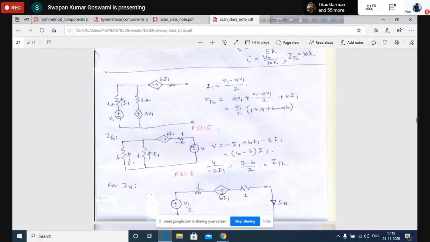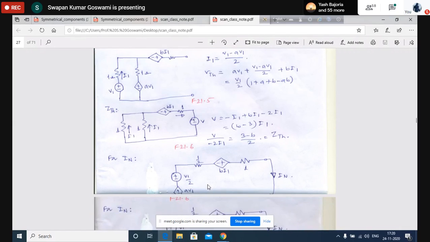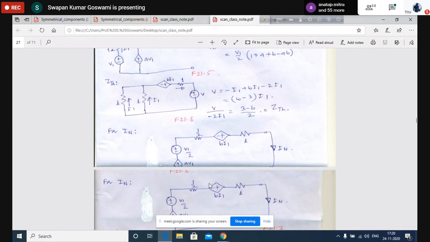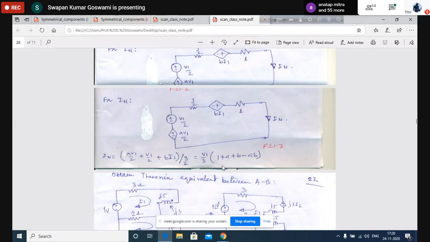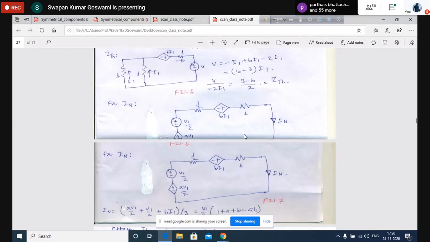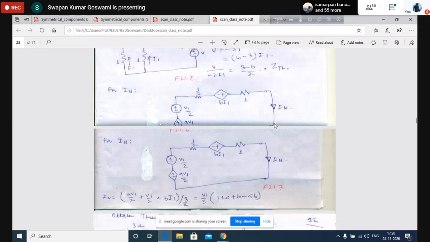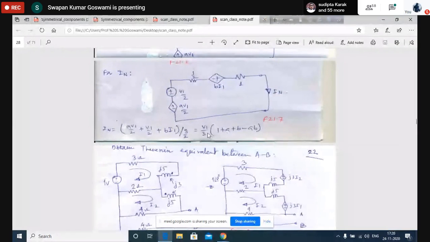ওকে, প্লিজ বলো। স্যার বলছি যে এখানে যে আই নর্টনটা বেরোলো, আর আগে যে আমার থেভেনিন ভোল্টেজ বেরিয়েছিল, দুটো যদি ডিভাইড করে যে ইম্পিডেন্সটা বেরোবে, ওটা কি আগের সাথে সেম হবে? আগের সাথে সেম হবে, বাট স্যার হচ্ছে না তো। এখানে ডিভাইড করলে তো 3/2 বেরোচ্ছে, আর আগে আমার 3 মাইনাস b/2 বেরোচ্ছিল। এখন তো আমার আই নর্টন বেরোলো v1/3 আর 1 প্লাস a প্লাস b মাইনাস ab, আর আমার ভোল্টেজ অ্যাক্রস দ্য টার্মিনাল হলো v1/2 আর 1 প্লাস a প্লাস b মাইনাস ab। তো দুটো ডিভাইড করলে তো 3/2 আসছে ইম্পিডেন্সটা।